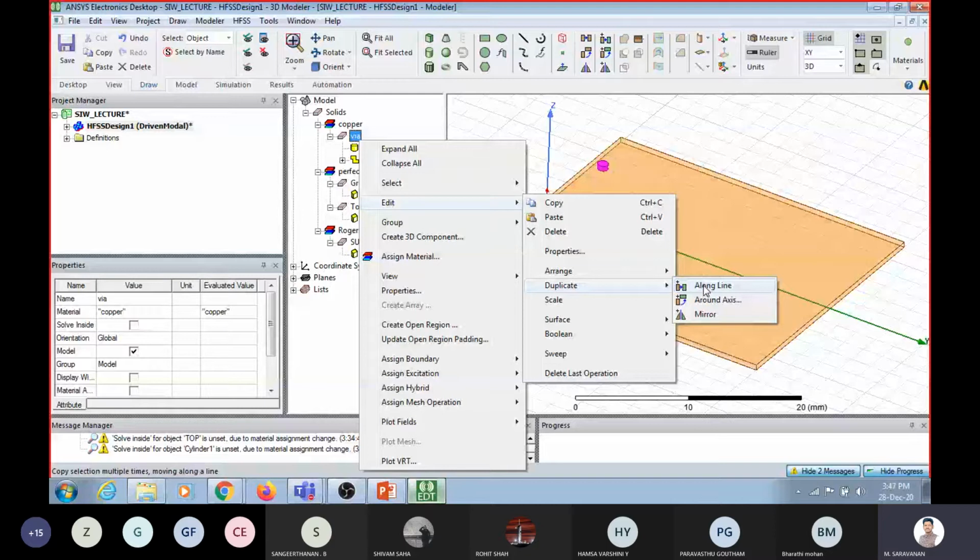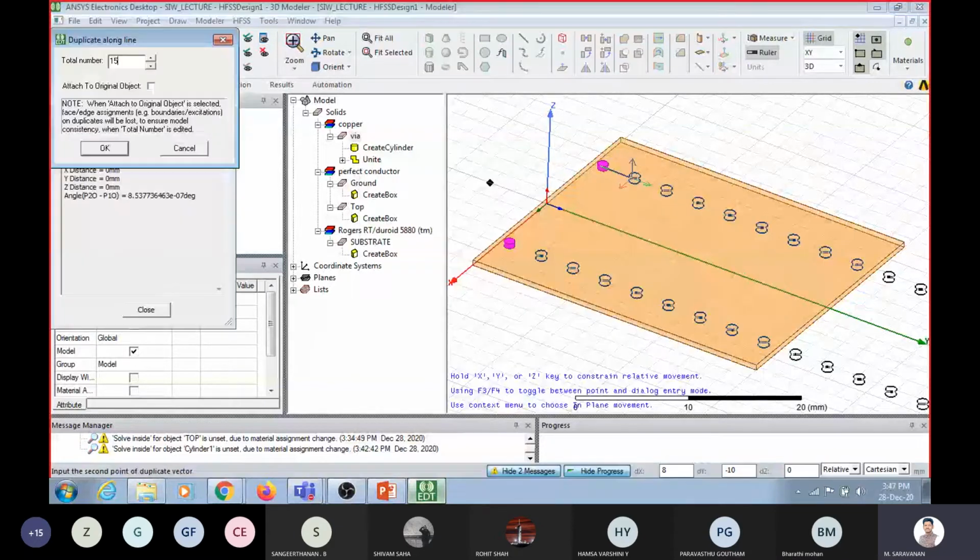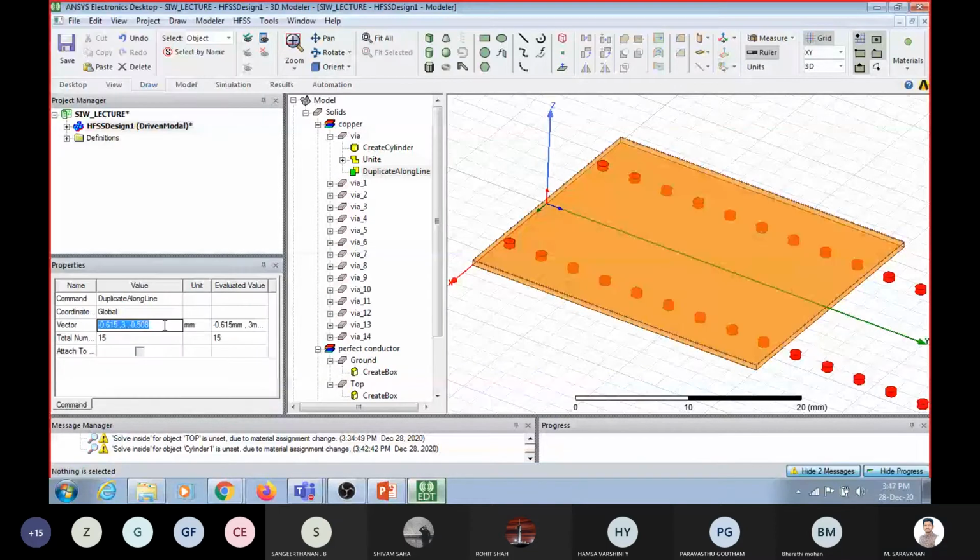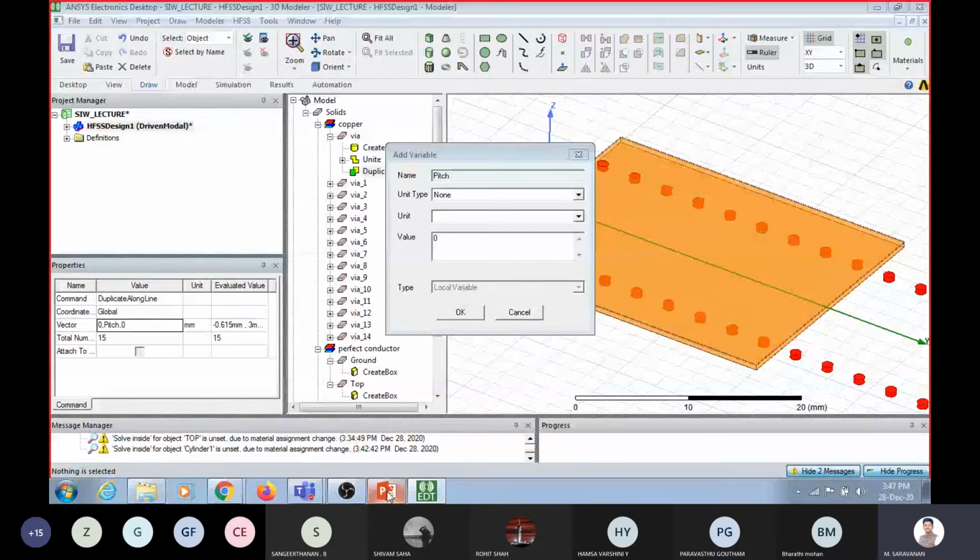Okay. So I want to duplicate it means you can use this method. First create one structure, go to edit, duplicate along line. Which line do I want? Along the y-axis I want. How many copies do I want? I want 15 copies. You click it, 15 copies, it will be copied. Click duplicate, and what is the pitch? Pitch is nothing but the distance between the vias. So we have already calculated the pitch value. It is equal to 2 mm. So select 2 mm.